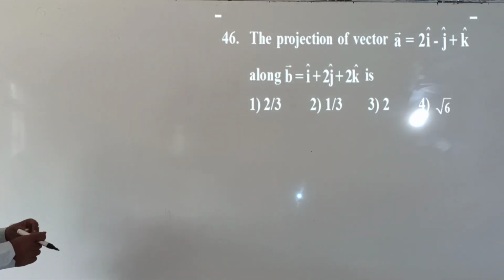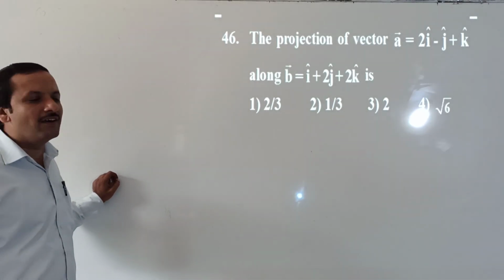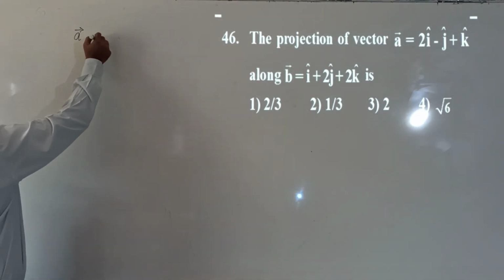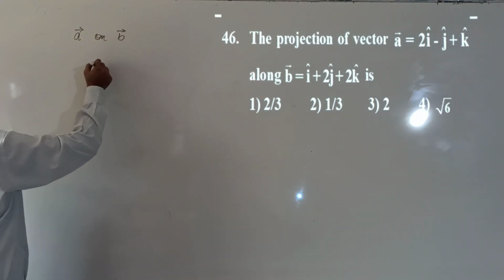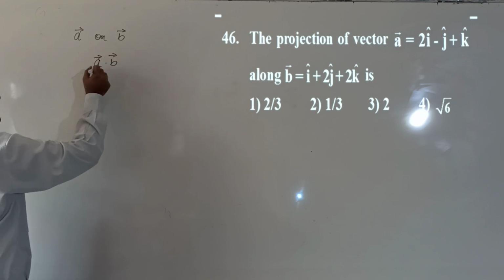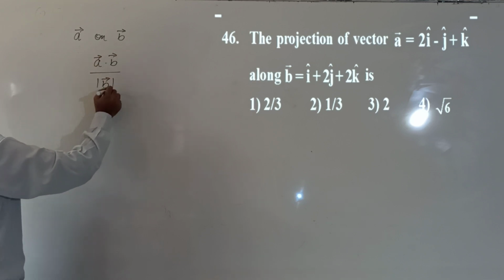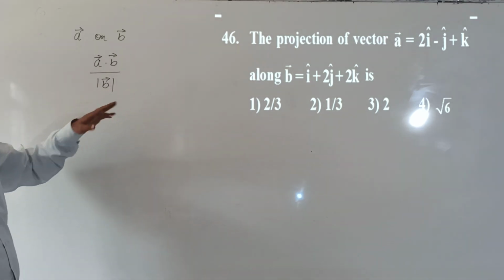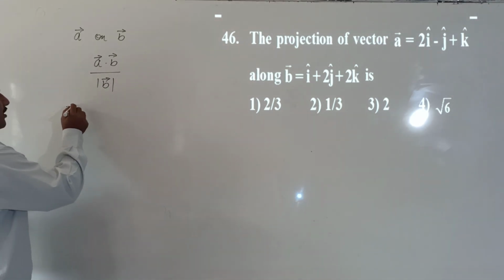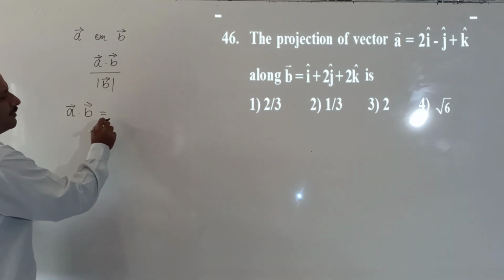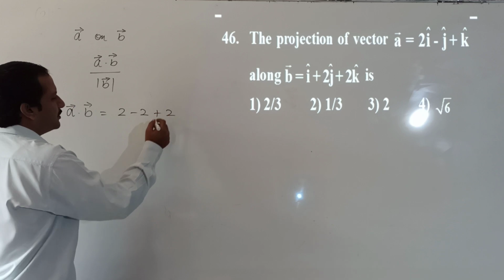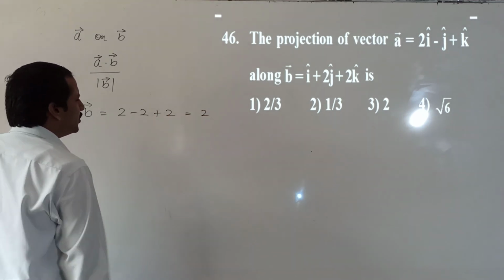Question 46. The projection of vector A bar along B bar. As you know, there is a direct formula: the projection of A on B is given by A dot B divided by the modulus of B. In this case, A dot B is equal to